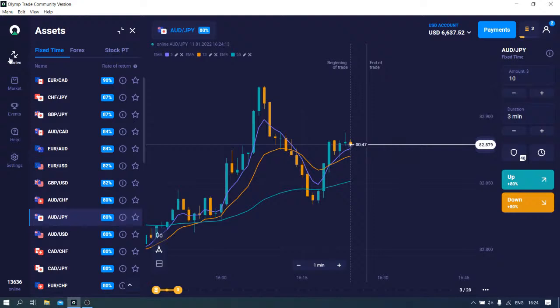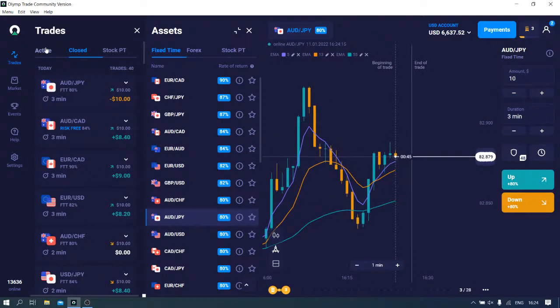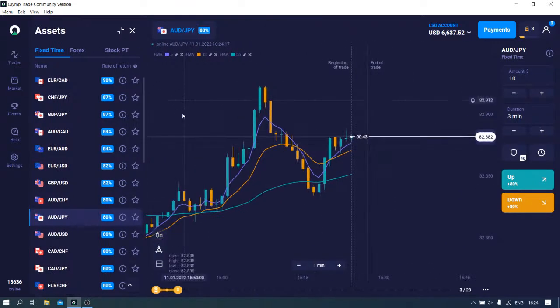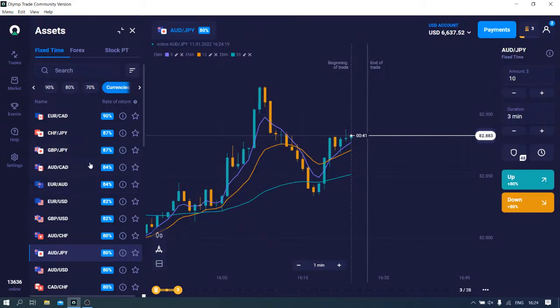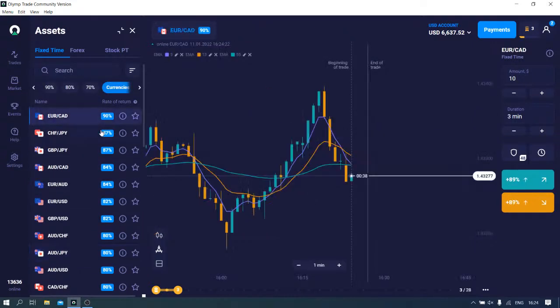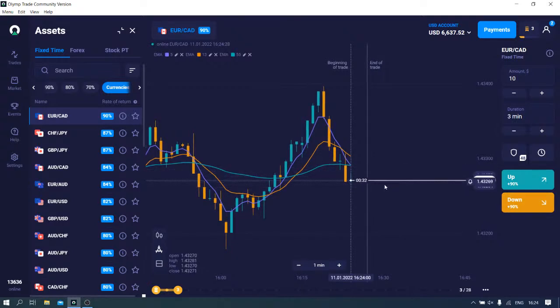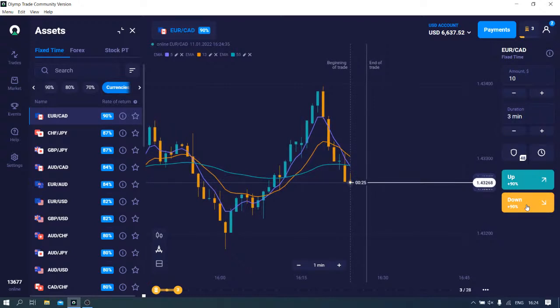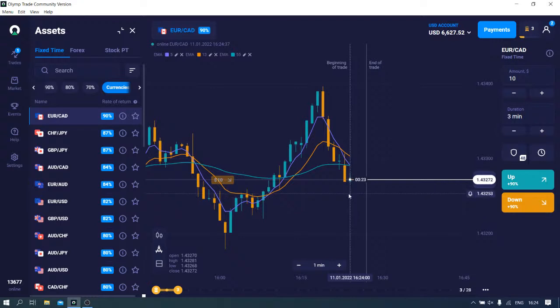All right, so what was with this trade? Yeah, unfortunately it closed with a negative result, but no worries. Let's check, as there might be more of them. For example, this one seems to be an upcoming downward trade signal on the euro against the Canadian dollar. I've just seen the crossing. Let me open a trade in a downwards direction for 3 minutes, $10 amount.